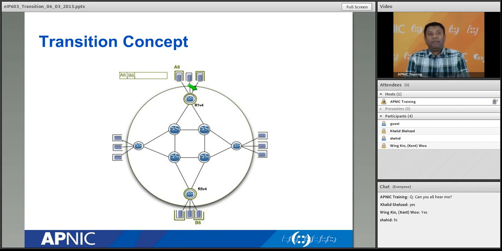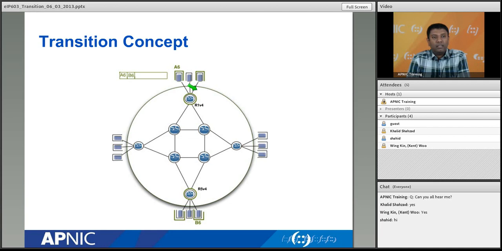So now when the packet from A6 comes to the router R1 V4, then what will happen? That router will have a match in its routing table for the packet to be forwarded. But the next router doesn't have any match and doesn't have any routing table yet. So what will the next router do? It'll discard it. This is the situation that we had like 2-3 years before. Probably the ISP supports IPv6, their router supports IPv6, but their upstream ISPs, the tier 1, tier 2, don't support IPv6. No V6 transit available, right?